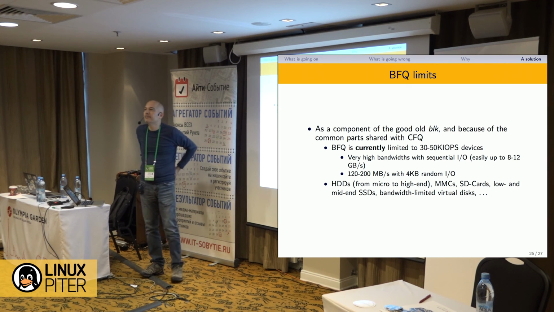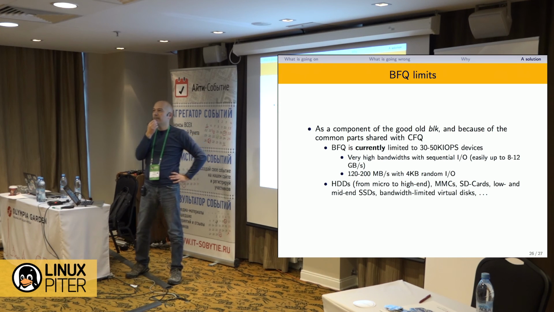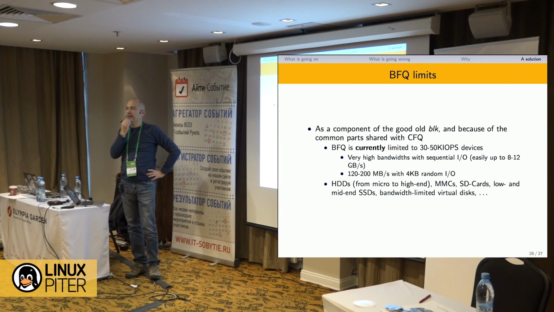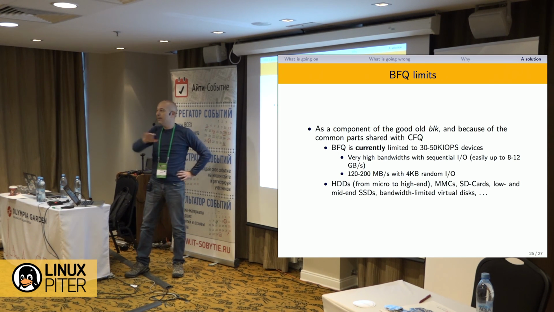You mentioned earlier that BFQ is doing some detection of what the interactive task is, and you mentioned the virtual BFQ stuff. But is there some way for user space to give some hints, or is there some cgroup or namespace stuff where an application in the user space layer can say this is definitely an interactive application and it needs priority?